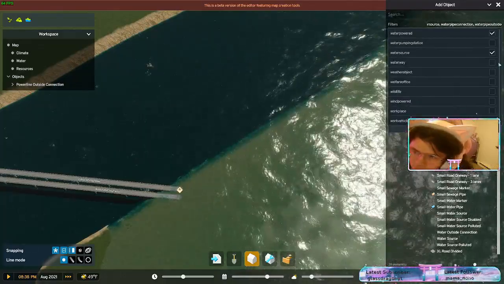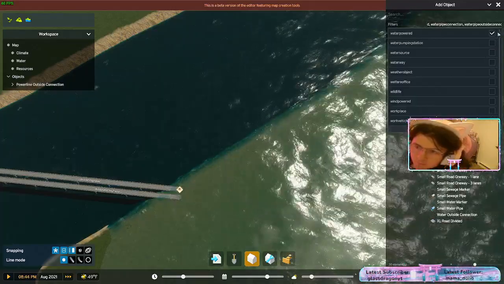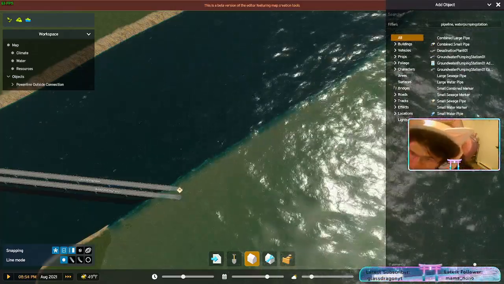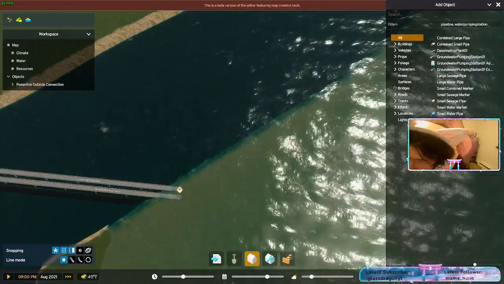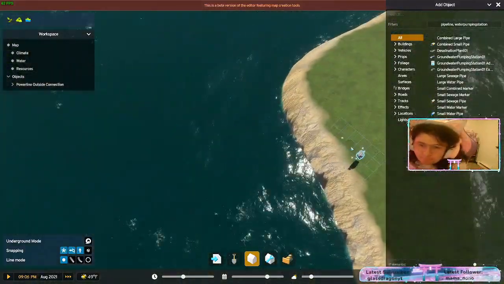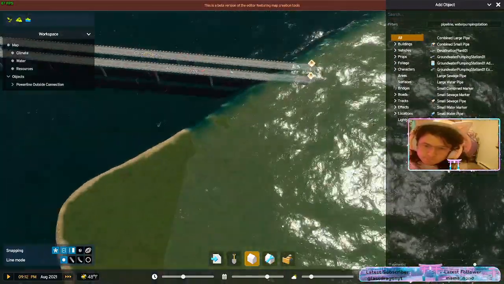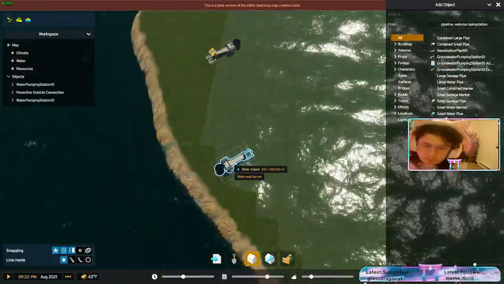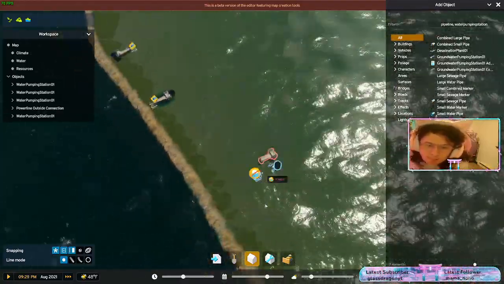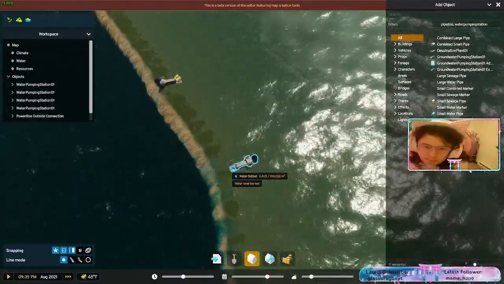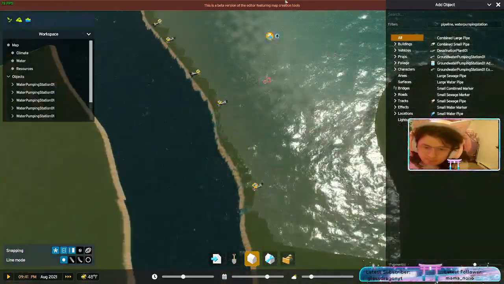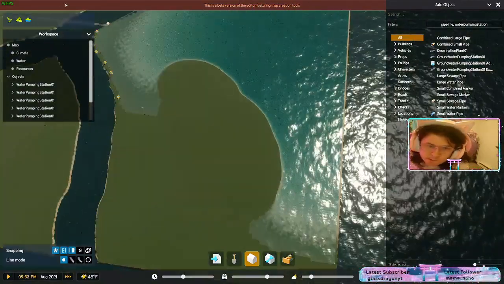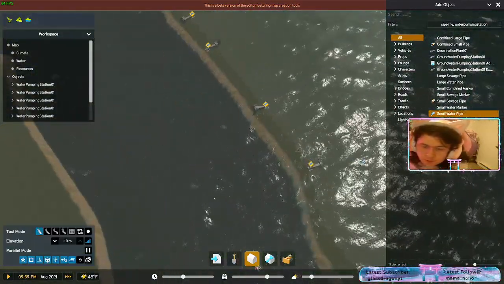No. Found it. Okay. We need to, we are going to place a whole bunch of water pumping stations on that side of the road. And then